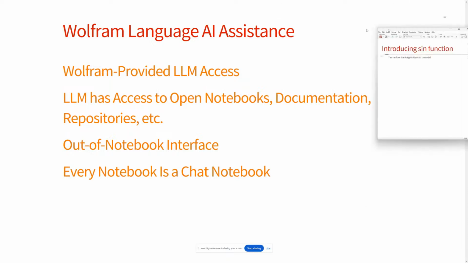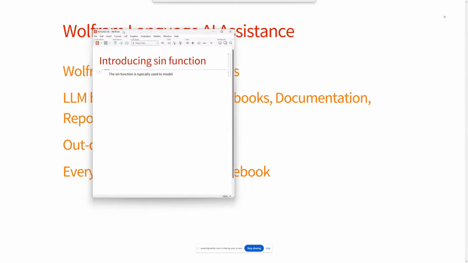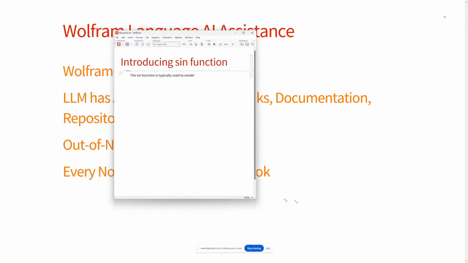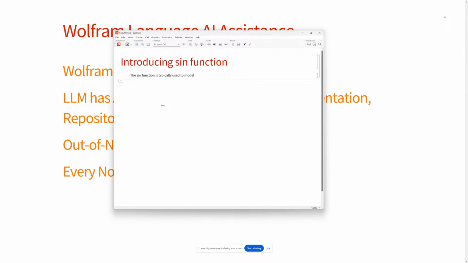Now, along with that, we've made some changes to the infrastructure for chat. So if I just get a notebook up here, one is that, assuming you have access to an LLM, either through us, or you can still use the old technique, if you already have a corporate key for OpenAI or Anthropic or whatever, you can use that. You don't have to use us for the chat functionality. But now every notebook is a chat notebook. So without me having to say, start a new chat notebook, I can interact in a chat style through the notebook interface from the moment that I first start